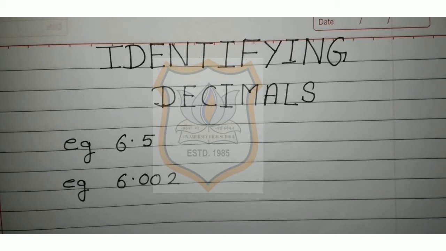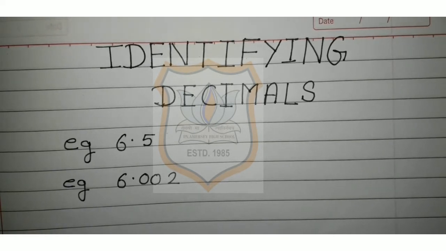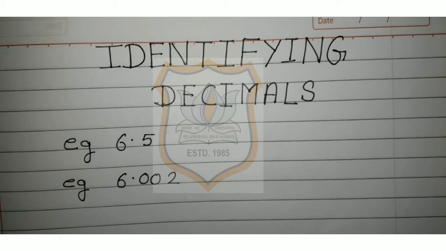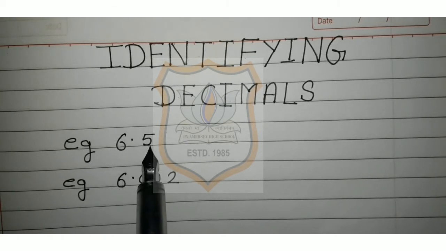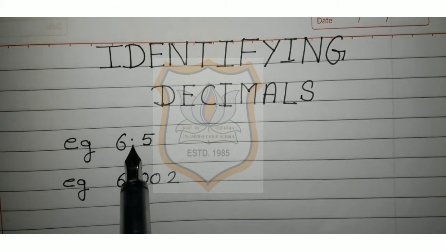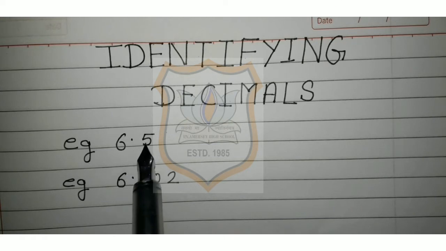Today I will give you an introduction about decimal fractions. So you have to watch my video very carefully. So what are decimal fractions? The numbers in which we see a point are called decimal fractions. For example, 6.5. Here this point is known as the decimal. So we can say that 6.5 is a decimal number.